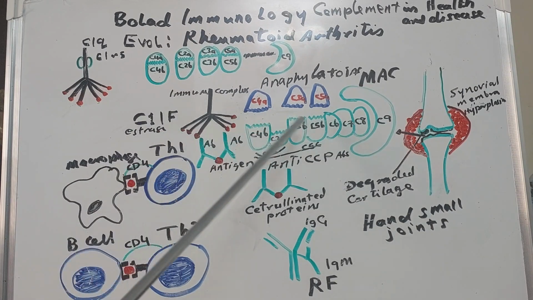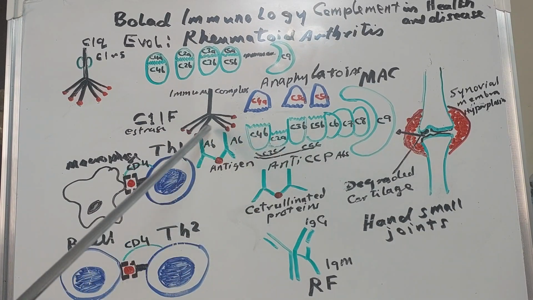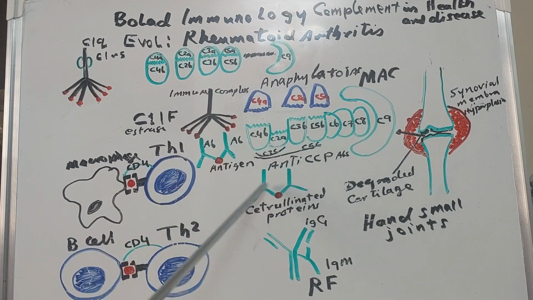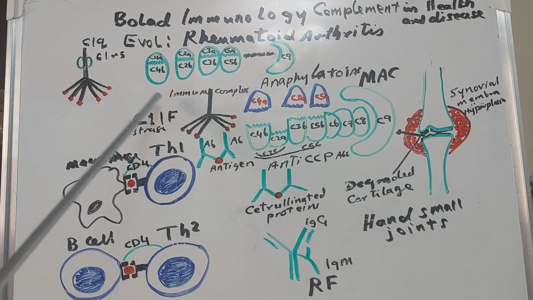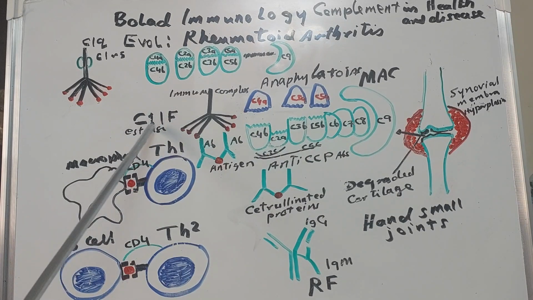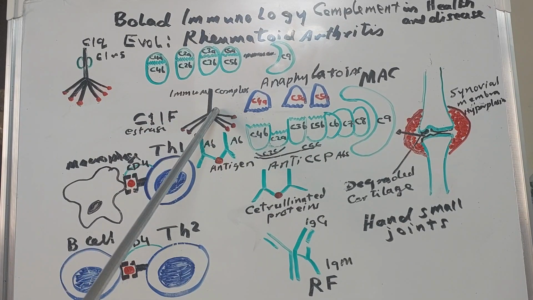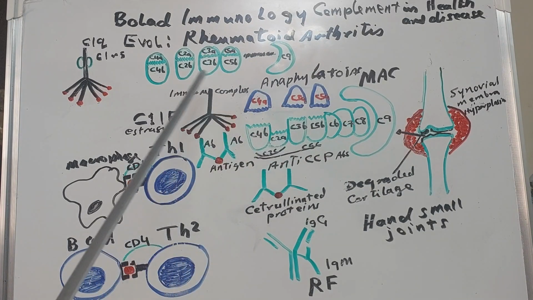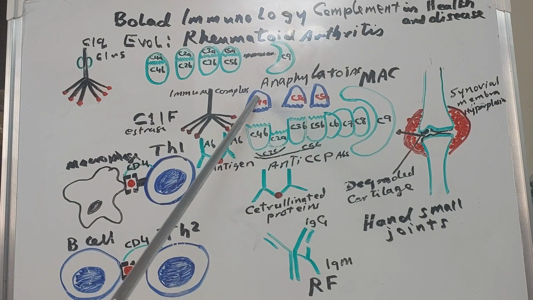Actually, when the immune response is done with the complement, as a feedback, C1 inhibitory factor will get released and inhibit C1 to stop more cleavage of the complement components and to stop more formation of these